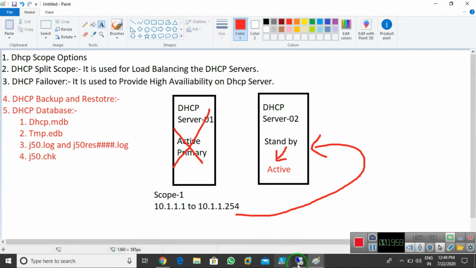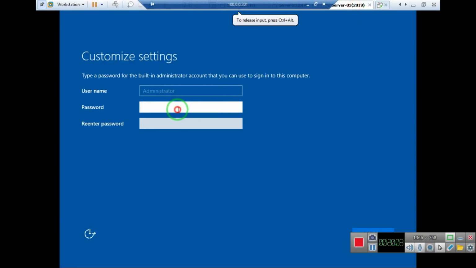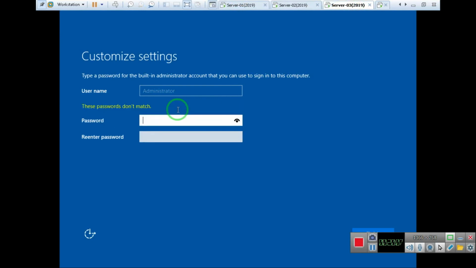Now I'll just check my server whether it is created or not. Server 3, yes, it's created. I need to give the IP address. So right now I'm using the 3 servers. What happened? Password not match.